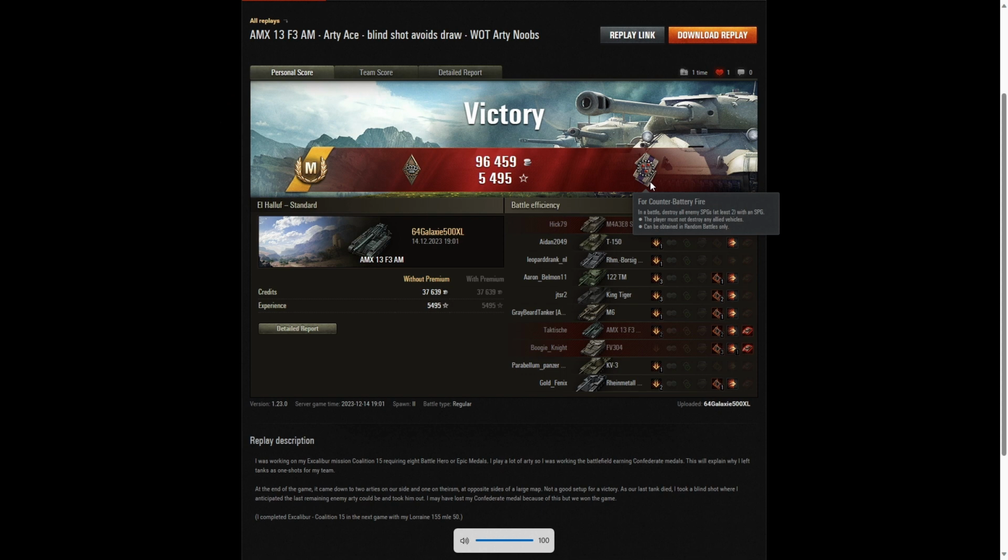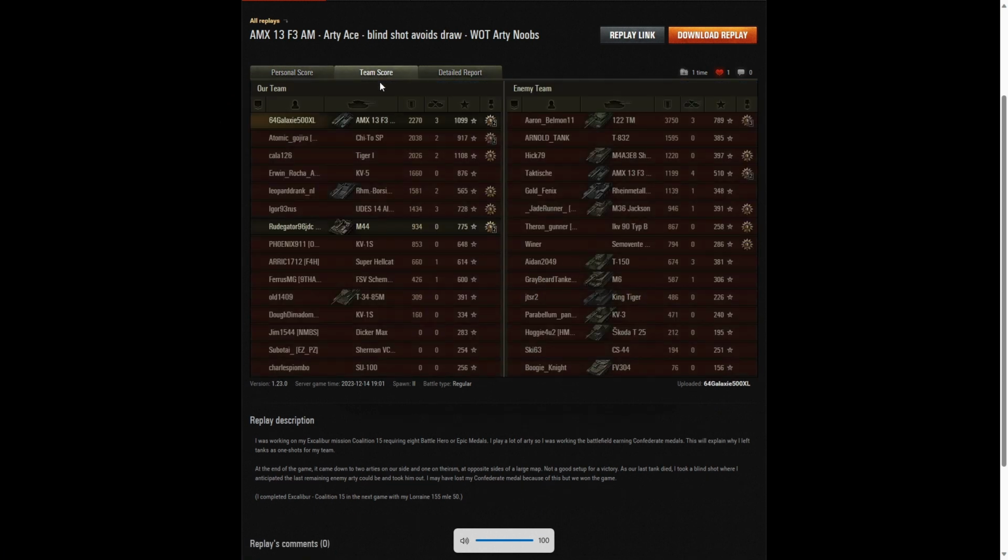So he obviously knew how to play the AMX 13F3 AM, but so does 64Galaxie500XL. Let's have a look and see how well he did. Well, he didn't get the highest damage in that game. That went to the 122 TM on the enemy team. He managed 3,750 hit points of damage, but in second place,